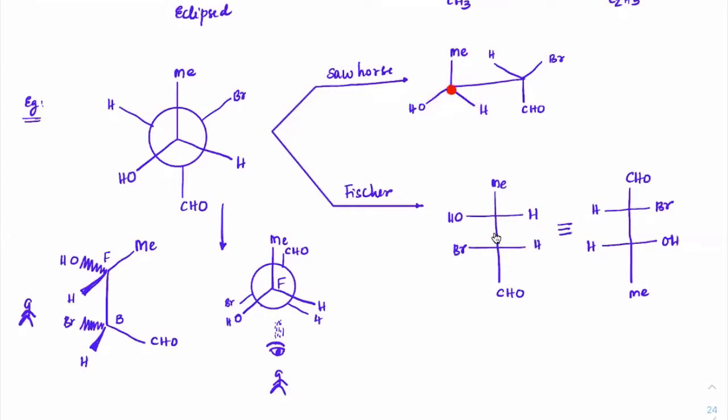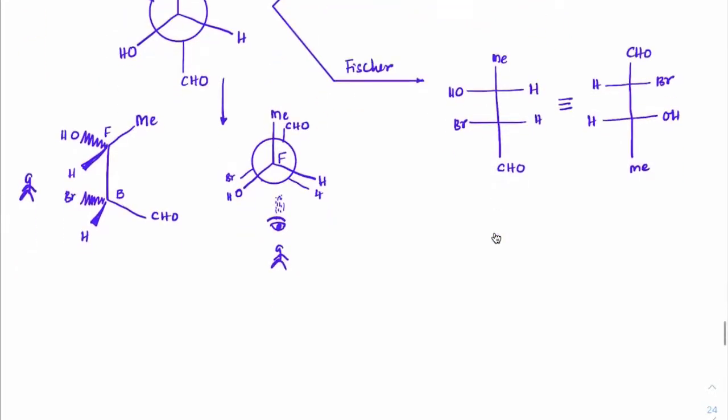If you rotate 180, that will become eclipsed form. This is a staggered form now, so I'm writing only the staggered form. Okay. Yes. But Fischer projection can be only written for eclipsed form only, correct? So that is why I have to rotate that, and then only I have to show the Fischer projection. I hope all of you understood this point. Okay. Right. Now I think you should be comfortable enough to understand conformers.